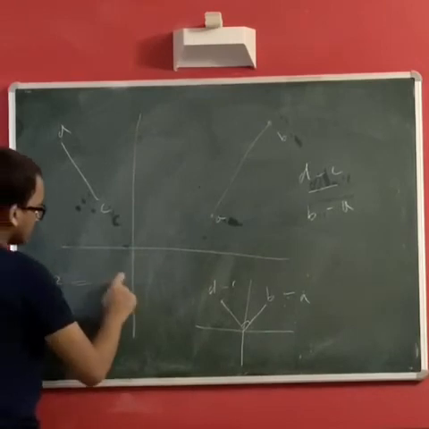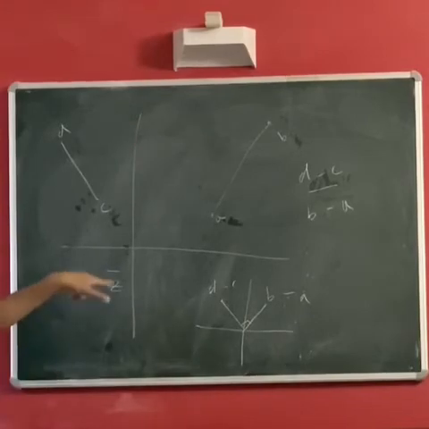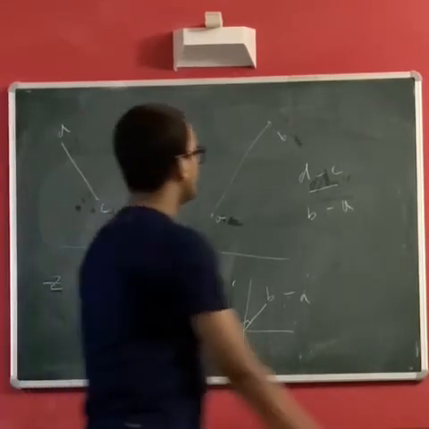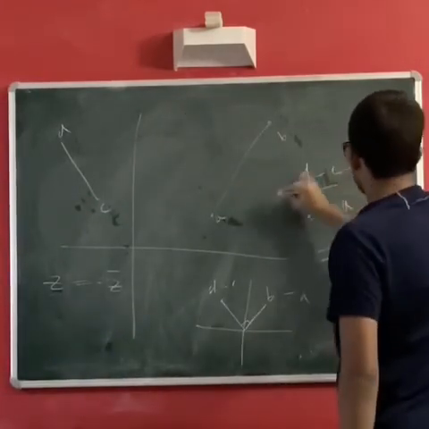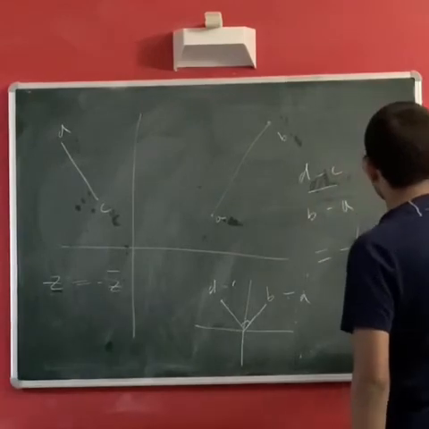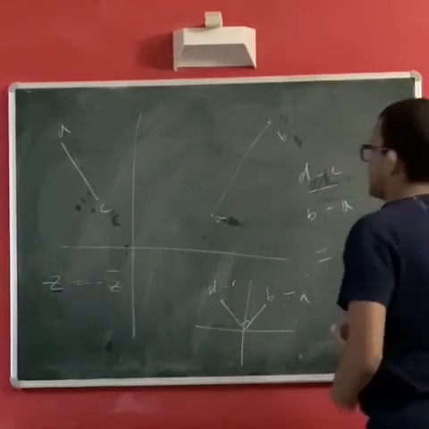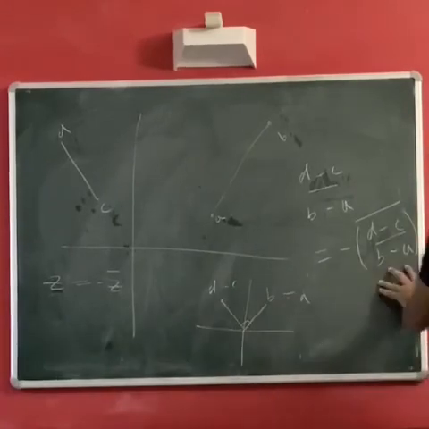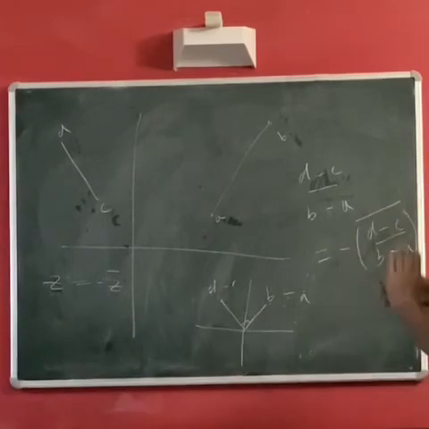condition which says z is equal to minus z bar if and only if z is an imaginary number. So that we will use, and with that we will get the criterion to be (d minus c) by (b minus a) equal to minus ((d minus c) by (b minus a)) whole conjugate. This is the criteria for four numbers a, b, c, d to form line segments which are perpendicular to each